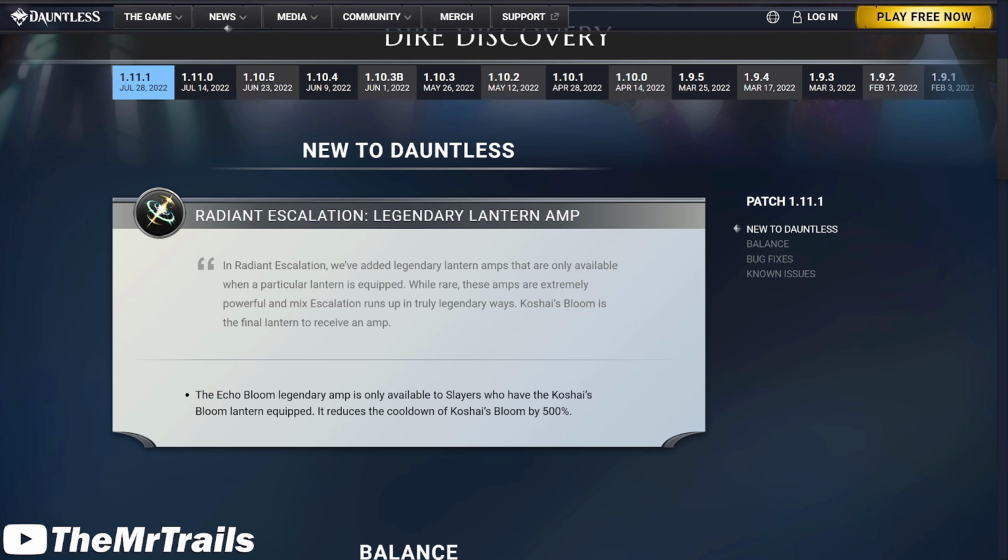So if I'm remembering this math correctly, a 500% cooldown reduction is going to mean that we are going to have a Koshai Lantern hold every 5 seconds at base, without having Etheric Attunement or the Aether Drive Tonic on our build. This definitely feels the most underwhelming of all of the legendary amps to me, because this is basically